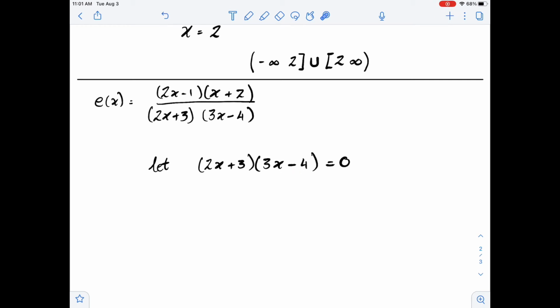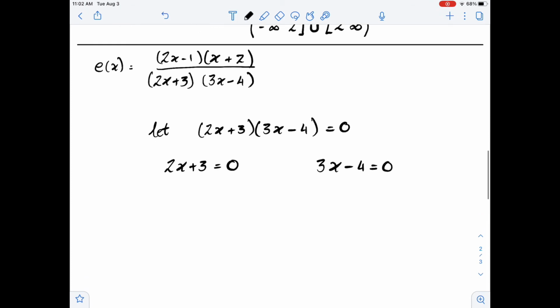And so what we're going to do, our solutions then, is that we take these one at a time, and we say, all right, well then either 2x plus 3 is equal to 0, or 3x minus 4 is equal to 0. If you multiply these two things together and you get 0, then one or both of them must be 0. So either 2x plus 3 is equal to 0 or 3x minus 4 is equal to 0,